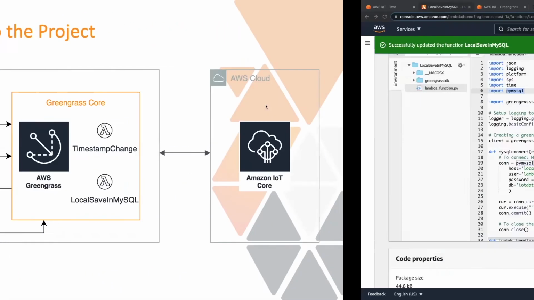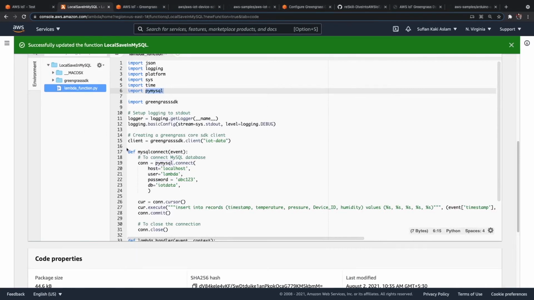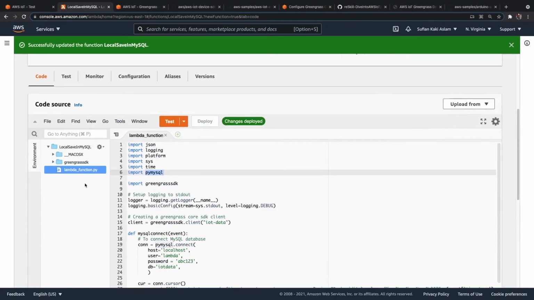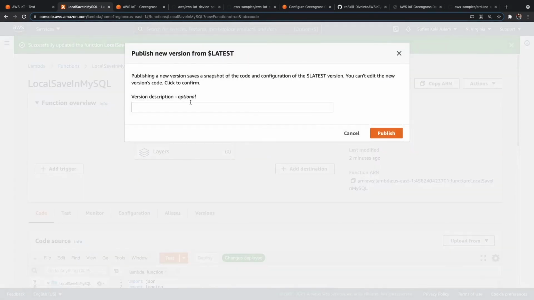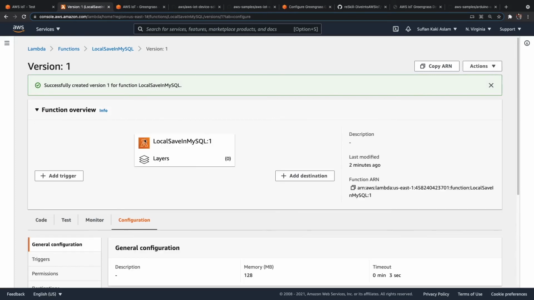While this happens, we can go ahead and publish this and deploy it in the Greengrass group. So I'll click on publish new version, and then I'll just click on publish. So this gets published.